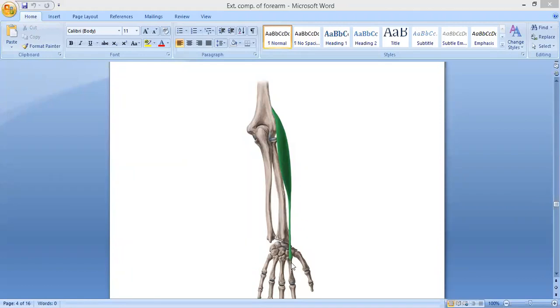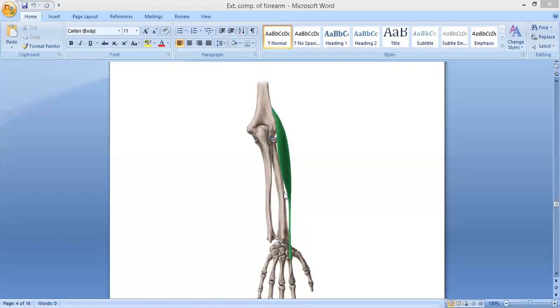You see, these are the carpal bones, and these are the metacarpals, right? So it is the dorsal aspect of the base of the second metacarpal, and it is receiving its nerve supply directly from the radial nerve. So it's the fourth muscle which is getting its nerve supply directly from the radial nerve, right?